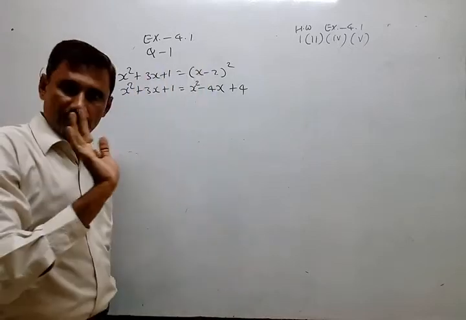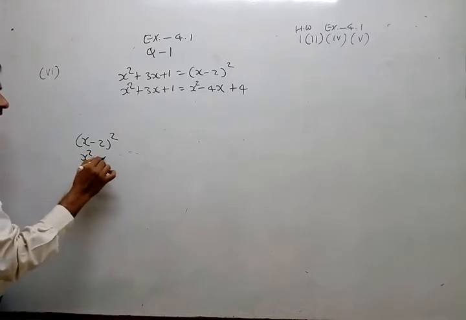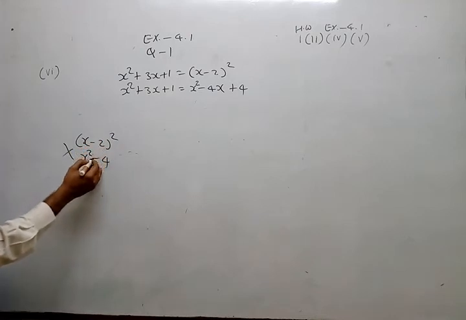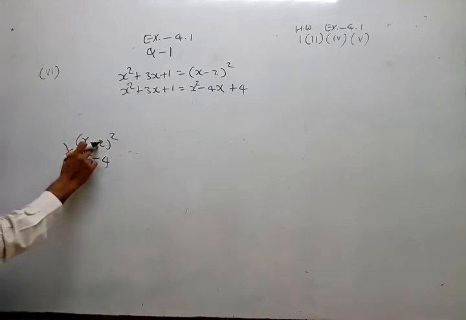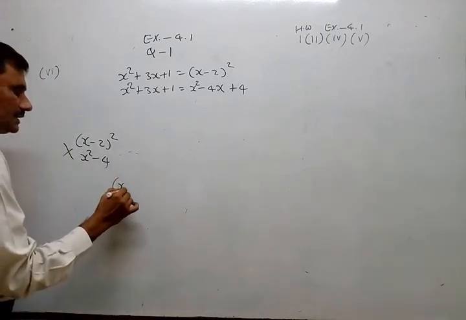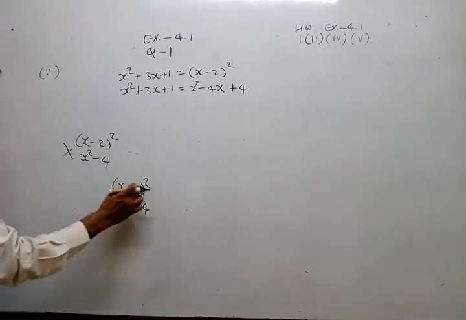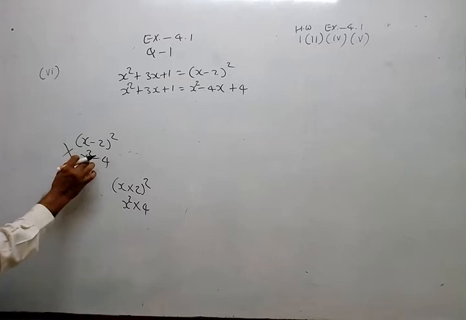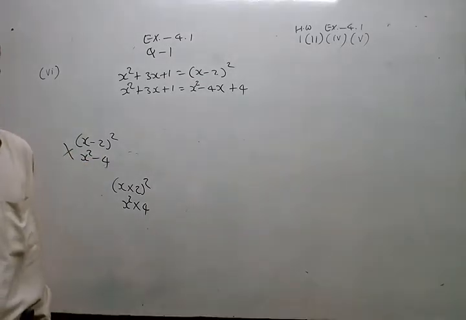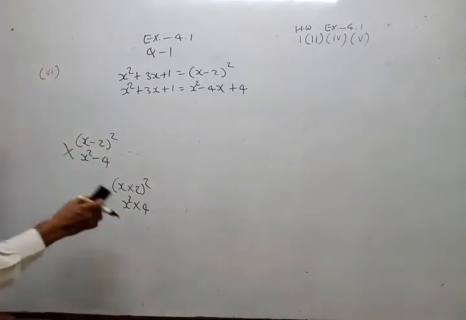But keep in mind, a binomial square is always a trinomial. Don't apply the square directly. Most students write x minus 2 whole square is equal to x square minus 4. That is wrong, because the square is not directly applied to both terms. A binomial square should be a trinomial. Three terms should be here. If multiplication is there in between, then only you can apply the square to both. But with plus or minus, don't do it this way. The identity should be used. And keep in mind that a binomial square will be a trinomial only, never a binomial. Okay, so understand that.